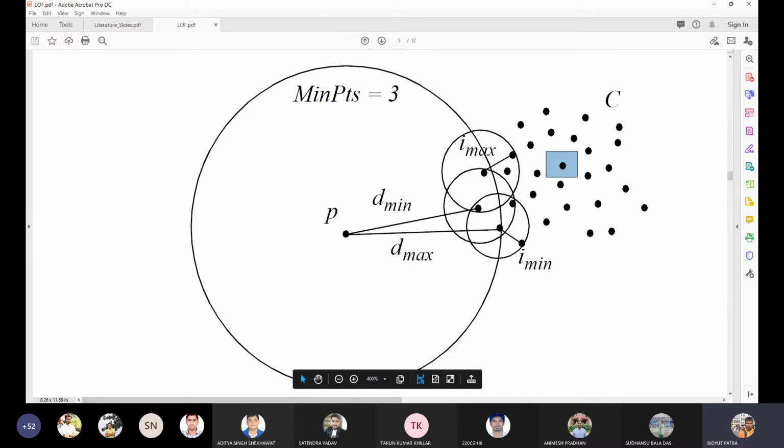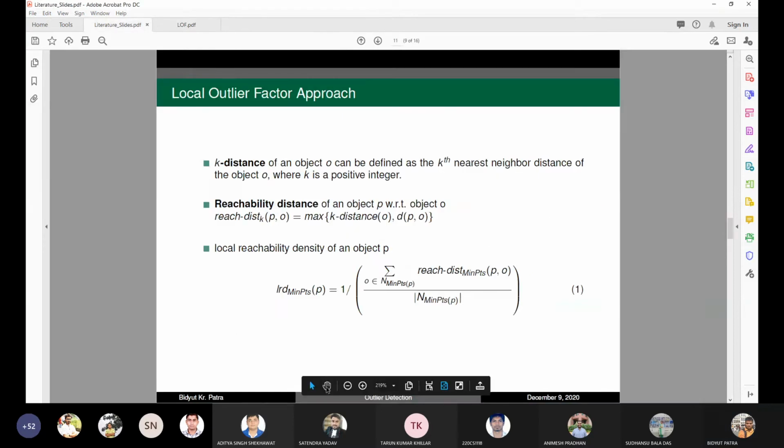Now, where we had, somewhere here. Can you see the slide, the old slide? I don't think you can see. Yes, sir. Which one? The local outlier PPT, the PDF, the green one. What is the page number? Page number is here. Can you see? 11. Okay, you can see this one.